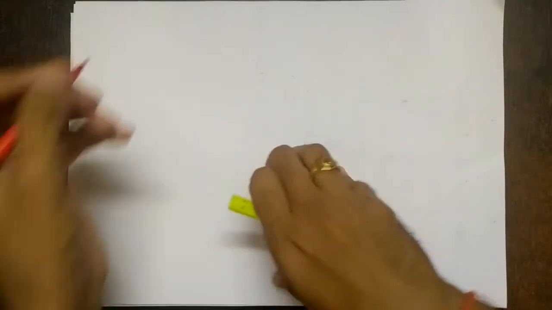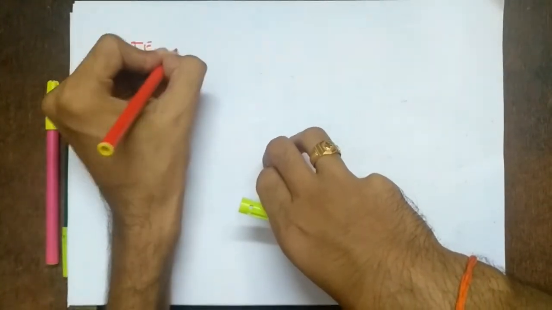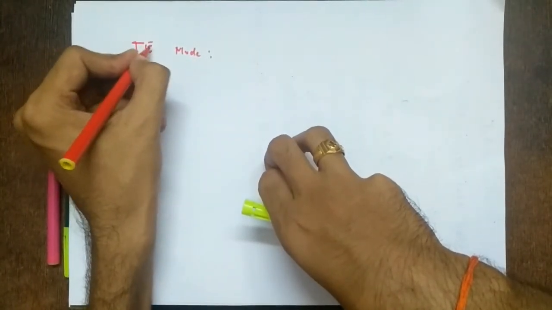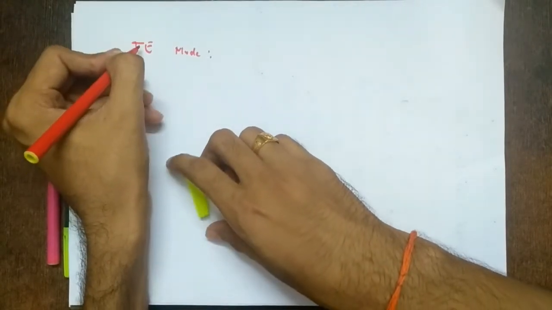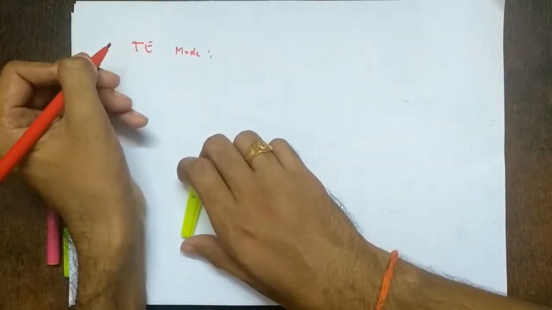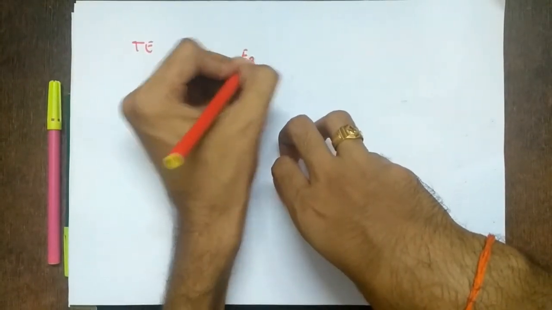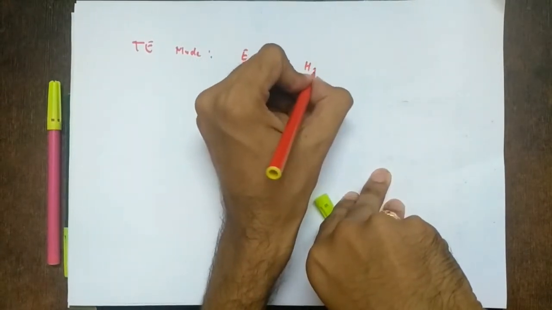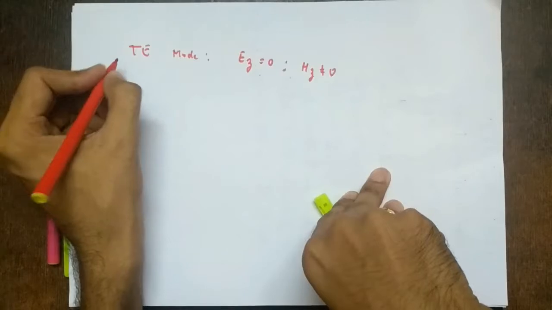So yesterday we were done with the topic parallel plane waveguide and just forgot to touch upon one point. We have two modes, right? One is TE mode. Why is it called TE mode? Because the electric field is transverse to the direction of propagation, that is, it has no component in the direction of propagation. So for a TE mode, Ez is 0 and Hz has a component in the direction of propagation. So Hz is not 0.